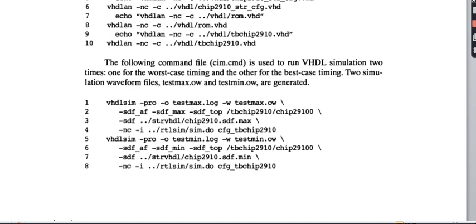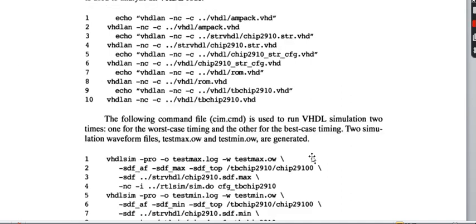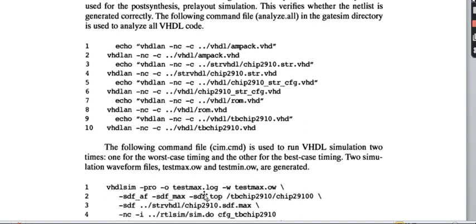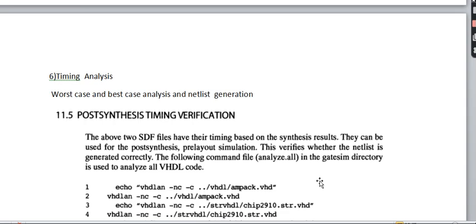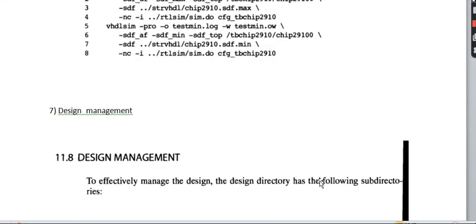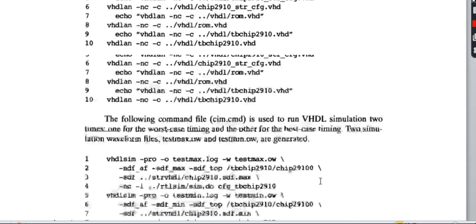So this is the format for writing the simulation, worst case and best case timing analysis. Here we specify all these timings, all this worst case. You take some files and we read them. These two files we take and we write them. So this is the timing analysis step.